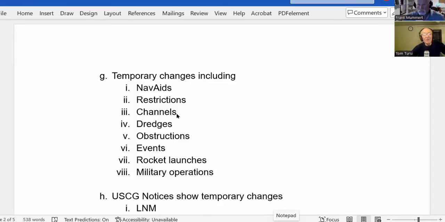So this will include changes that might occur to the navigational aids themselves, the buoys and the beacons, restrictions that might be imposed, channel changes, depths, and so forth, dredges operating in the area you're going to be sailing, and that can change from day to day, obstructions like a ship sinks or a bridge falls down, events like